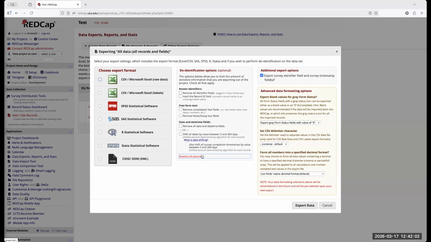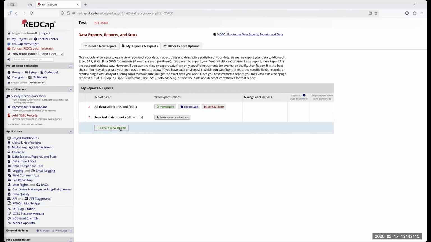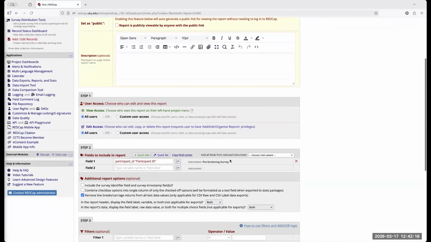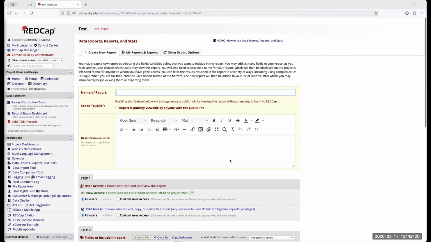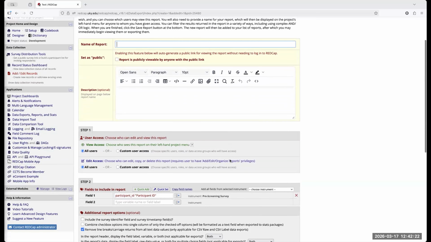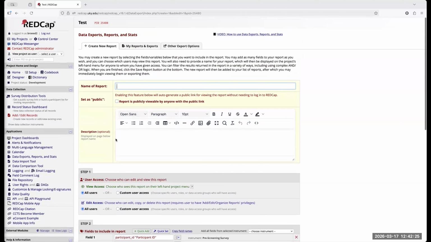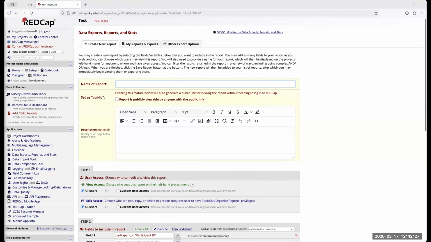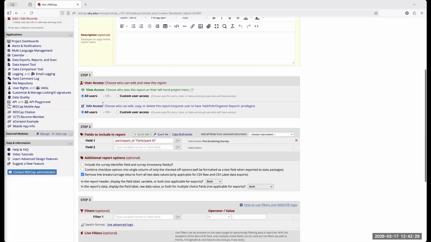It basically takes a picture of the project data and lets you run some numbers on it. So if you would prefer Excel or something like that, this is how you would download into those options. If you want just some quick numbers, obviously we've got one row of data, but if we wanted to create a report, you can put a description, name, who has access to the report. Do you want all people in the project to have it or just a few?